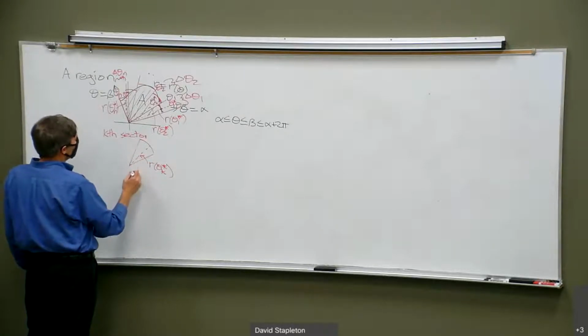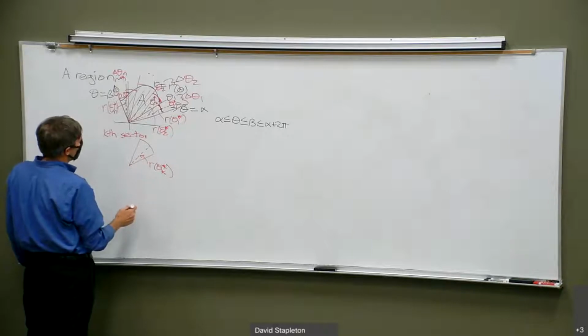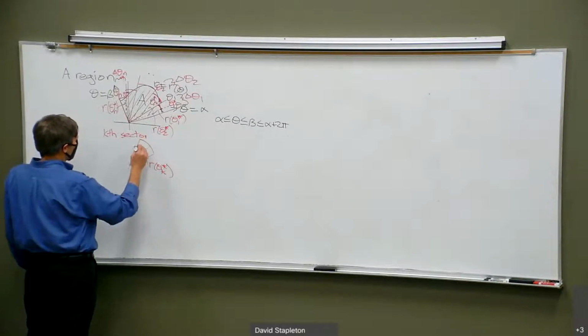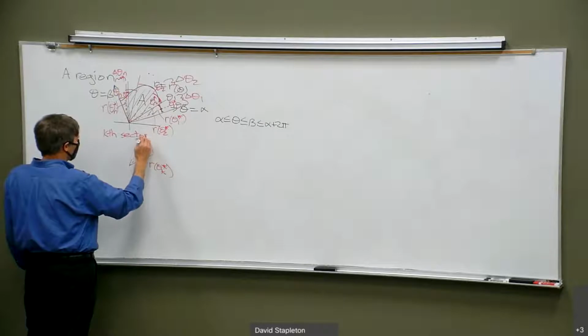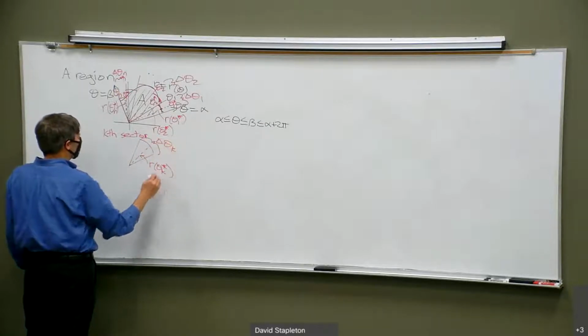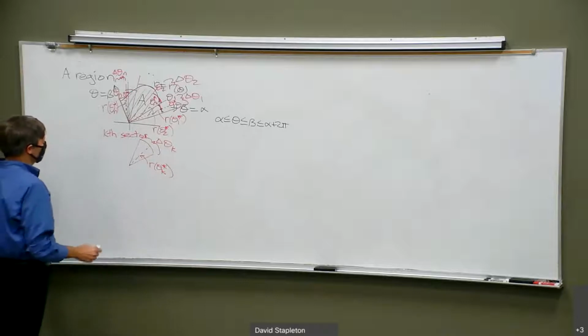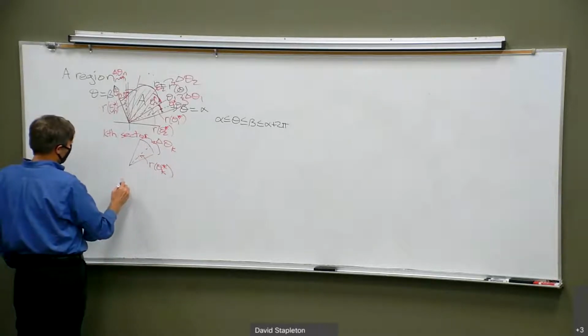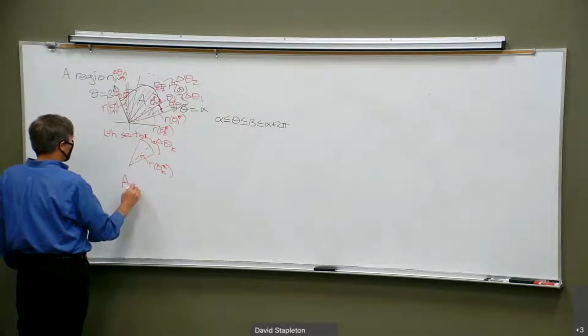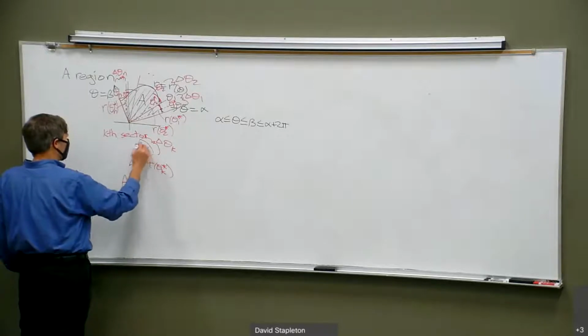And then we have some increment here, the angle delta theta k. We know from geometry that the area A k of this kth sector